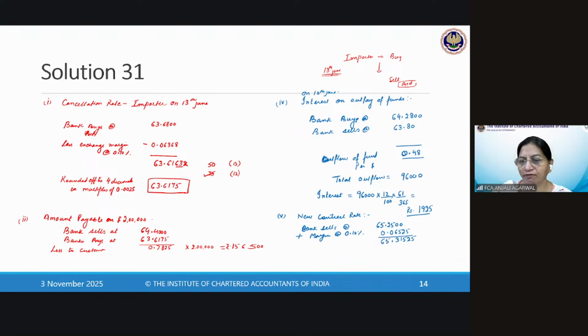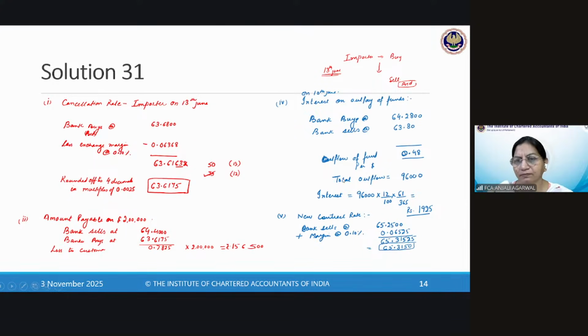Again, rounded off to 4 decimals in multiples of 0.0025. So the new rate would be 65.3150. Okay. Ma'am, will we take the interest on outlay of funds for only the 10 to 13, 3 days difference,